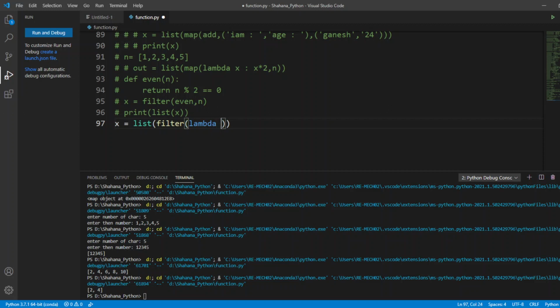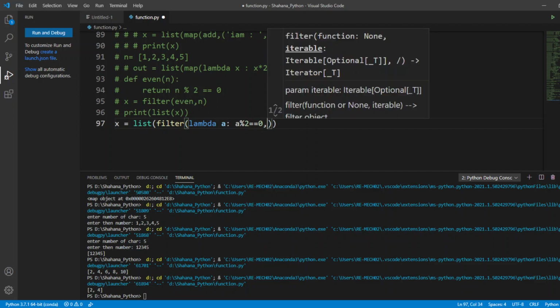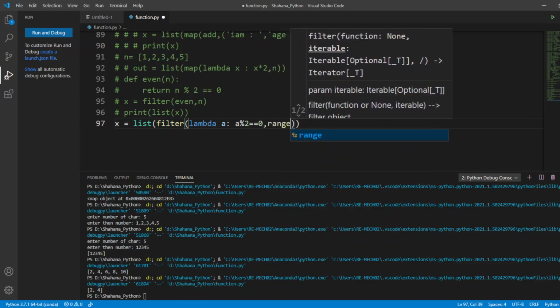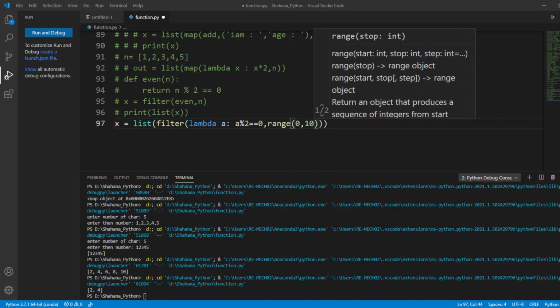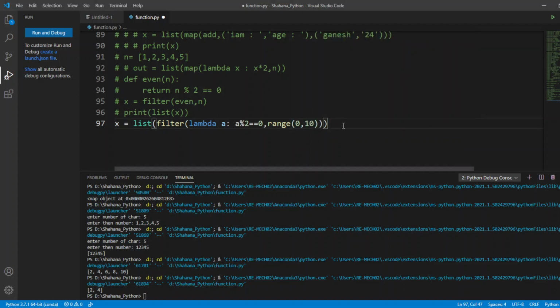I'm going to call my lambda and my variable, a mod 2. This is the expression that I want to apply. I'm going to give my iterable range 0 to 10. This is going to be my list filter function using a lambda.